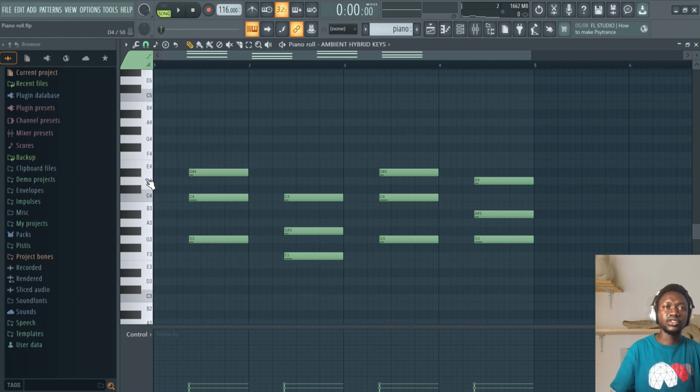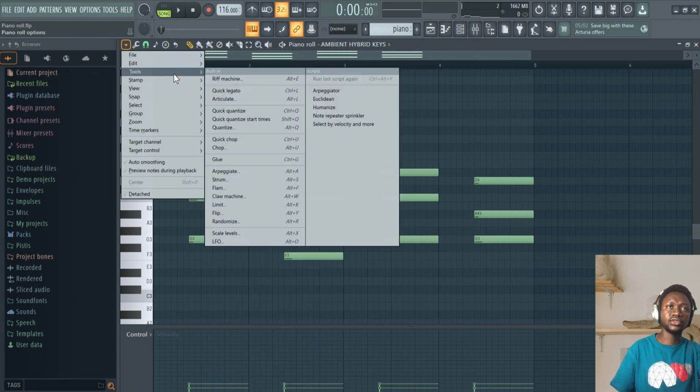So I have all the notes selected. I think it makes it easier for me, so I can see that this is D sharp 4, this is A sharp 3, and like that. So it makes it easier for me. So this other functionality that I talked about,